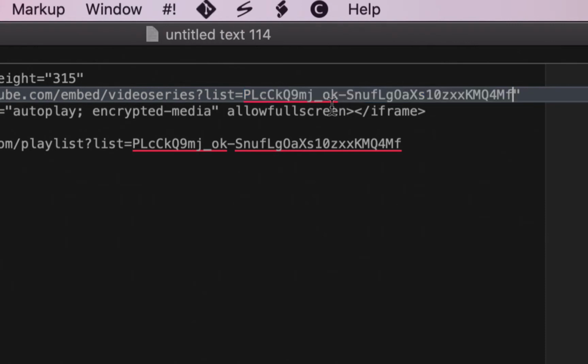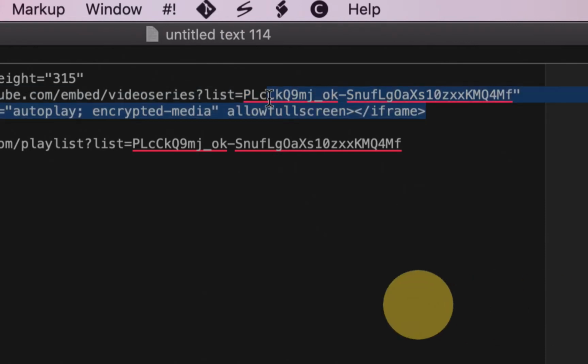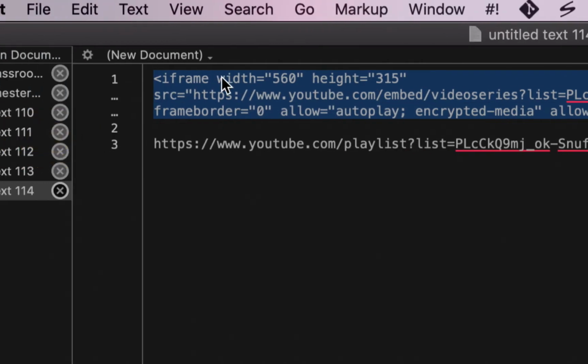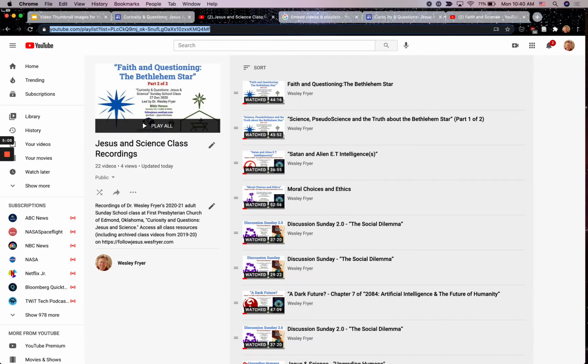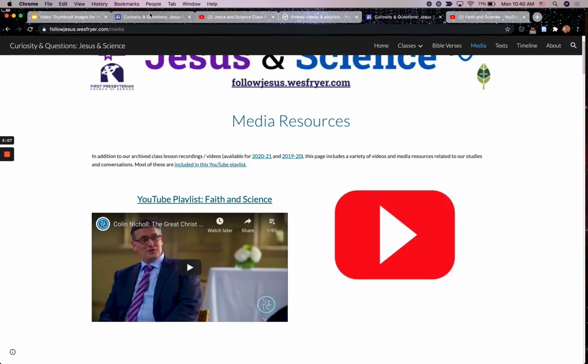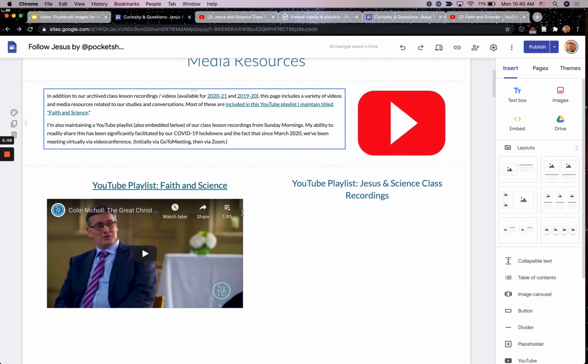So I just did a Command V to paste. I replaced that there in this iframe code. And so now I'm going to copy that. And then over here in Google Sites, this is my edited page, where you can see I've added a